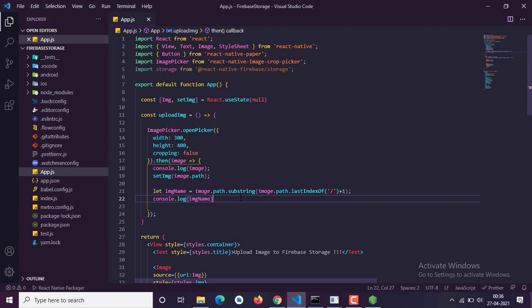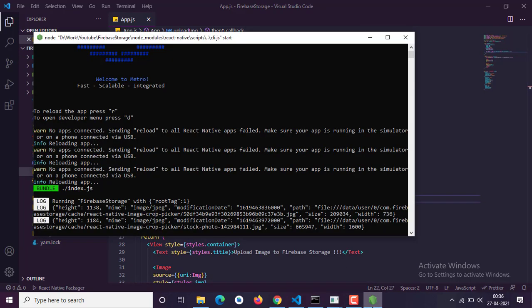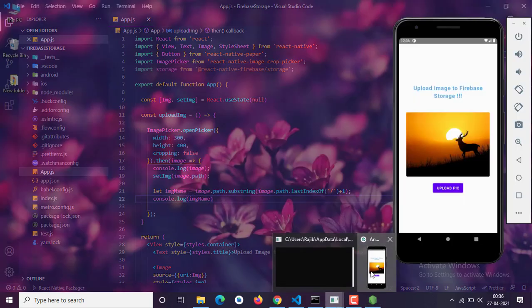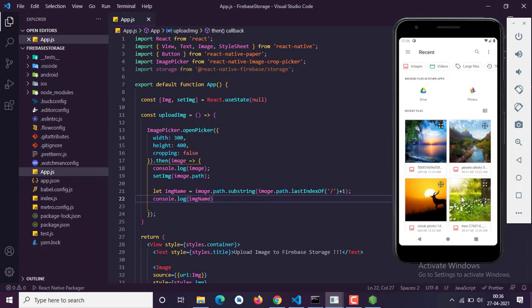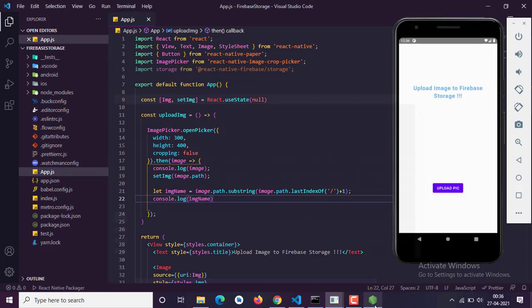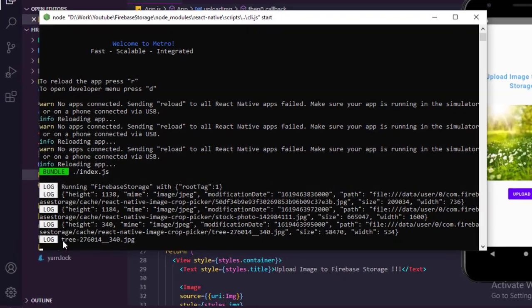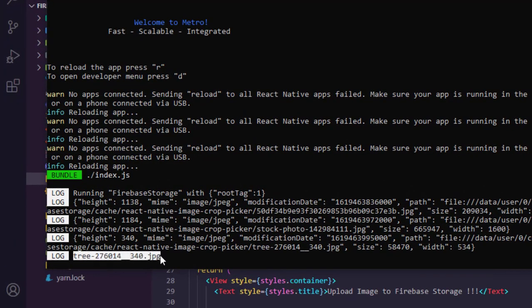I saved that, I hope. Let me do this one more time. As you can see, we are getting the name of the image. So now what we have to do,